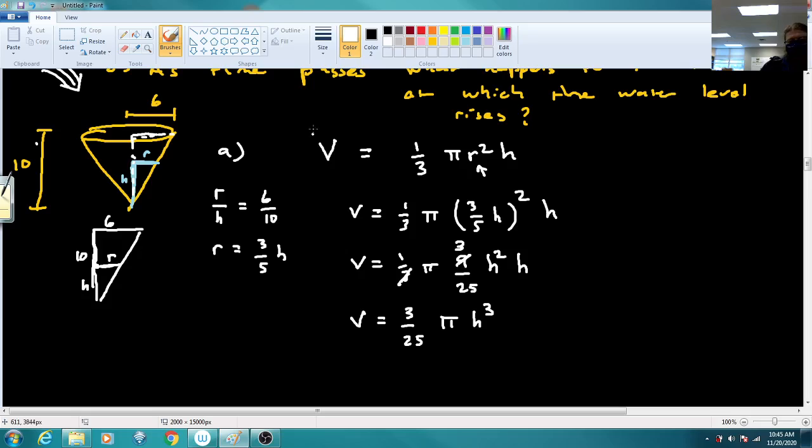So that's still all part A. All the work we're doing here, we used similar triangles to replace r with h. And since we did that, we can,